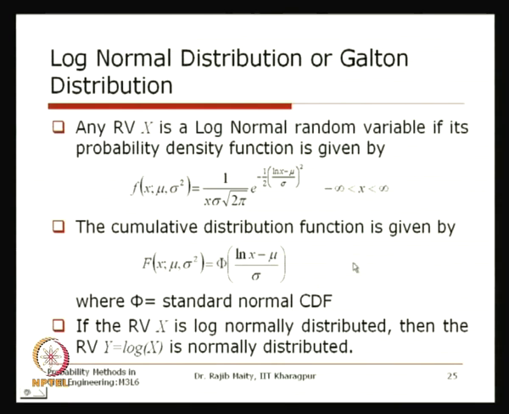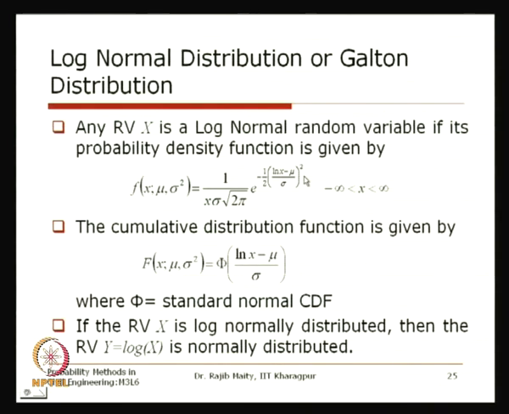The next distribution that we are going to discuss is the log normal distribution. This is also known as the Galton distribution. Any random variable x is a log normal random variable if its probability density function is given as follows. Again, it has two parameters, mu and sigma square: 1 by x sigma root 2 pi exponential minus 1 by 2 in bracket log natural x minus mu divided by sigma whole square,